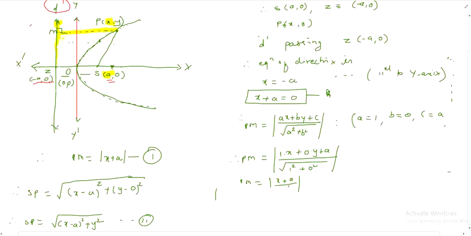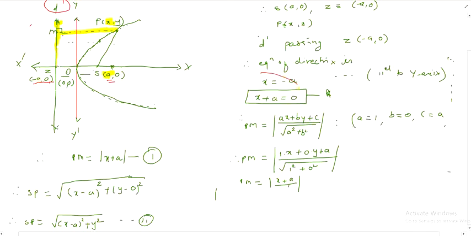Now, as the directrix D is passing through the point Z, we make a construction in such a way that first we choose point Z, then we draw a line which is passing through Z and which is perpendicular to the x-axis. So it is a fixed line, isn't it? Since it is passing through Z, it is parallel to the y-axis. As it is parallel to the y-axis, and it is passing through Z, minus a, 0, therefore its equation becomes x is equal to minus a.